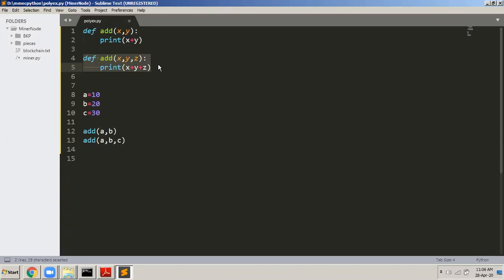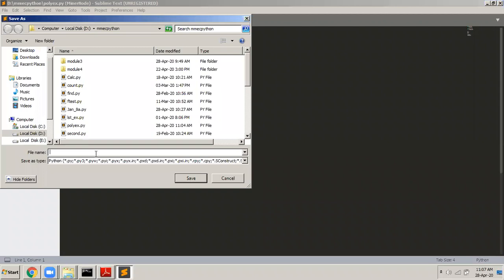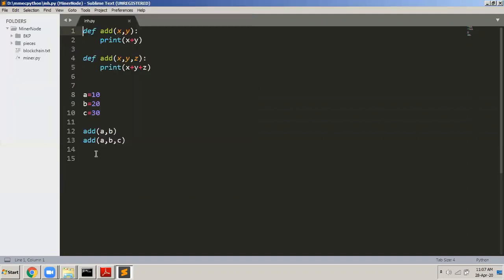Let us see the syntax of inheritance in Python. Very simple. I'll just define it here only. I'll do File, Save As, and give a different name to this. I'll call it inh.py, for inheritance. And then how do we do inheritance in Python? Very simple.